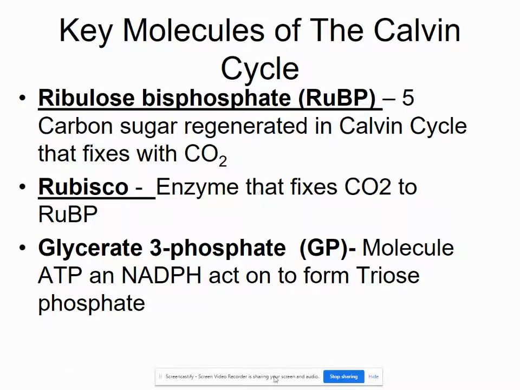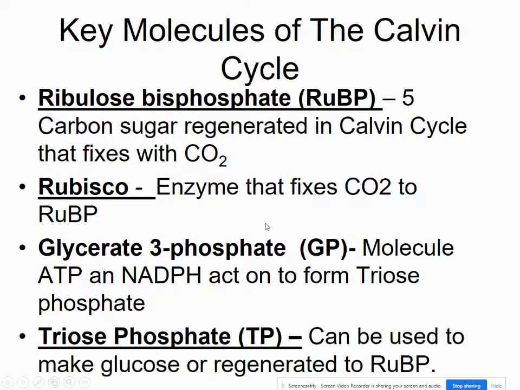Okay, G3P or GP actually for this class. I don't know why, but certain textbooks changed the name of this. It's really the same thing. Glycerol 3-phosphate, we can call it GP, is a molecule ATP and NADPH act on to form something called a triose phosphate, which can also be called G3P. So we're going to call it GP and triose phosphate. Triose phosphate, very important, is a 3-carbon molecule that's going to be used to make glucose or regenerated to